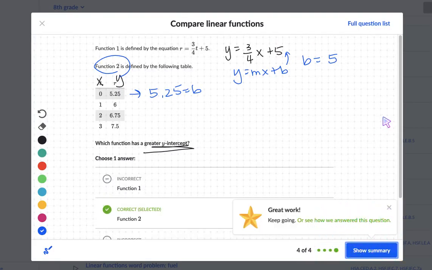So that's all these questions are asking you. You're given 2 different functions written in 2 different forms, and you need to compare those linear functions. And remember, you just have 2 main components, slope and y-intercept. So you need to know how to get that information when the function is presented to you in different ways. Use your notebook if you want to review some of that information, and remember to jot down this information so